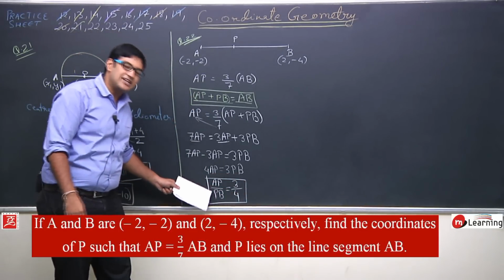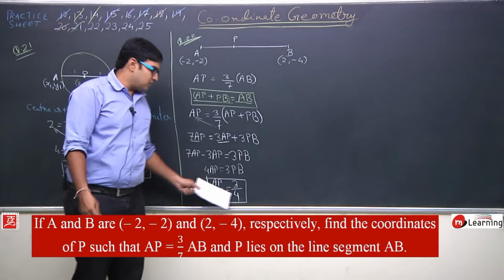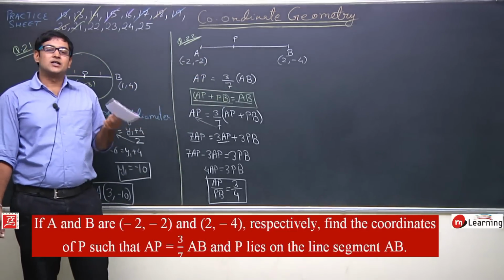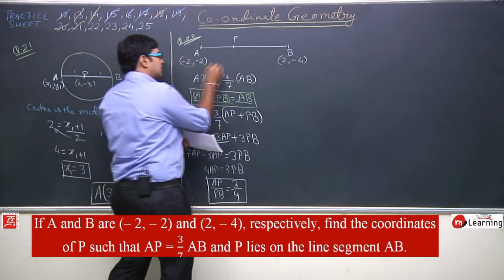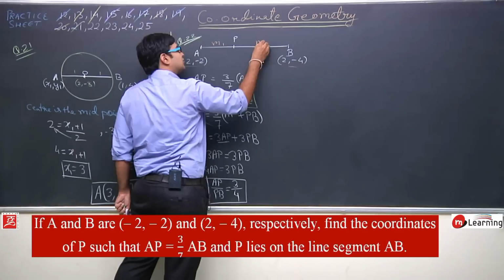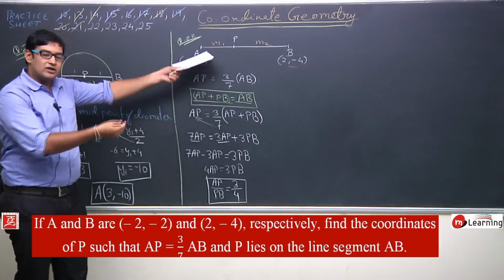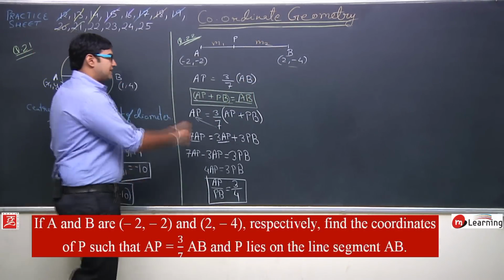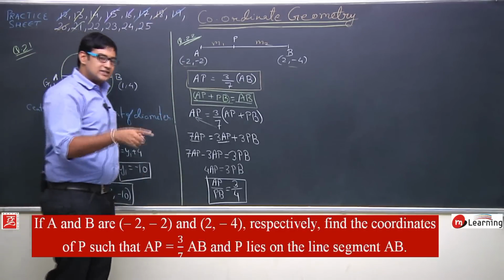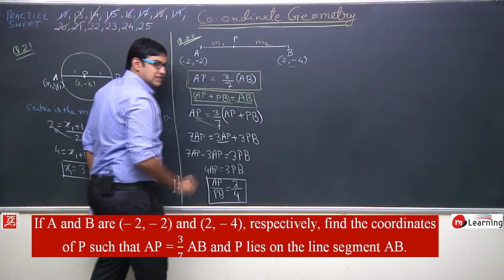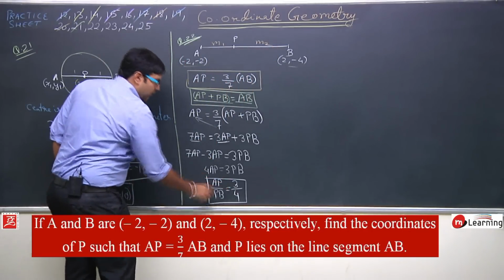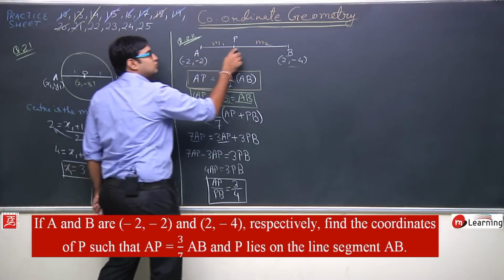Now observe this condition very carefully. AP upon PB का रेशियो मिल गया. अल्टीमेटली P पॉइंट निकालने के लिए हमें क्या चाहिए था? P पॉइंट निकालने के लिए हमारे पास ये कोऑर्डिनेट्स अवेलेबल थे. किसी भी तरह से अगर ये M1:M2 का रेशियो निकल जाता तो हम P पॉइंट का वैल्यू निकाल सकते हैं. तो हमने इसीलिए इस कंडीशन को इस तरह से मॉडिफाई किया सच दैट AP:PB का रेशियो निकल जाए. तो AP:PB का रेशियो हमारे पास आ गया कितना? 3/4.